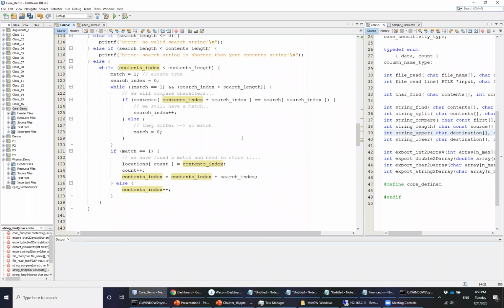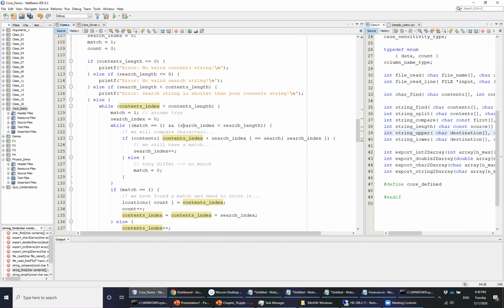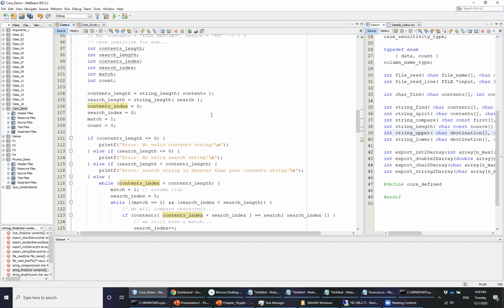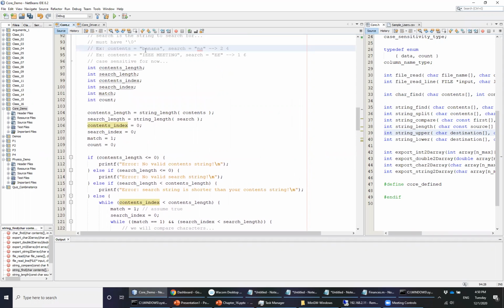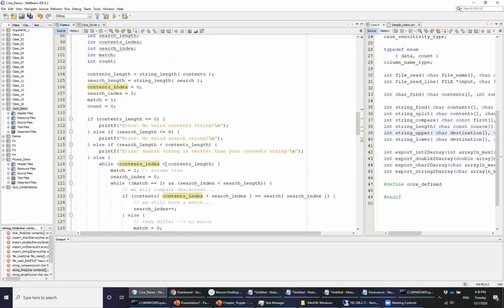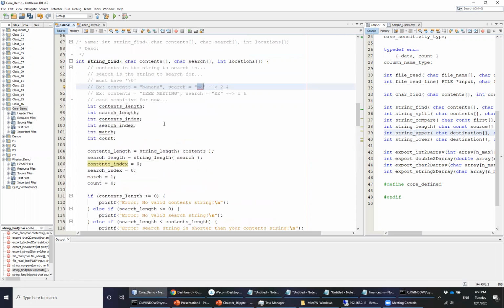So we've got 2 more things left to tidy up and then we'll be done here. I said initially that we were going to come back to this contents index less than contents length. Let's think about this for a second. We could blindly just loop through each one of the characters all the way to the end, and therefore we would try to compare this A to the entire search string NA, which would result in us going past the end of our contents. Or what we can do is stop our outer while loop before we get too far